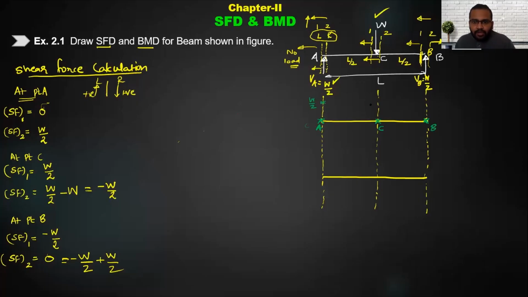Point C पे क्या value है? तो पॉइंट C पे पहले ये W/2 कांस्टेंट रह रहा है और फिर वो ड्रॉप हो रहा है -W/2 पे, right, I am writing this as -W/2. फिर पॉइंट B पे वो -W/2 वही सेम रह रहा है और फिर again it is coming to 0. So how will I join this? तो I will join 0 to W/2 by a straight line on point A, ठीक है, and then